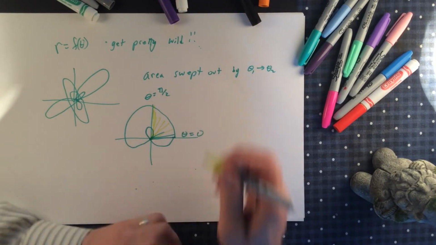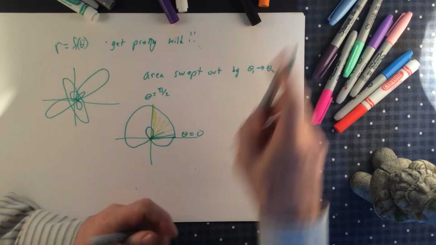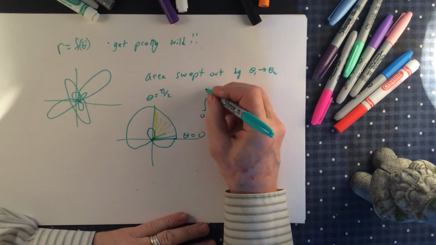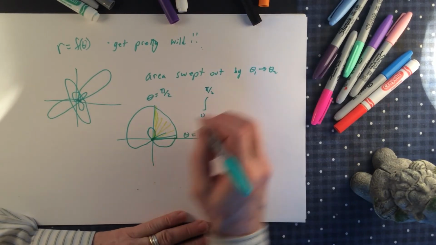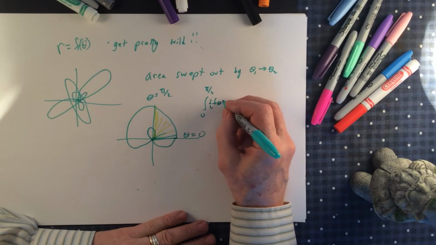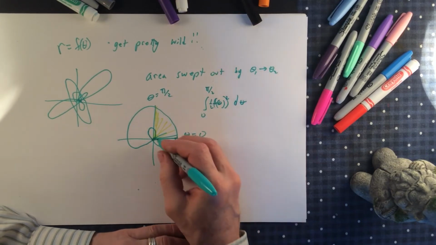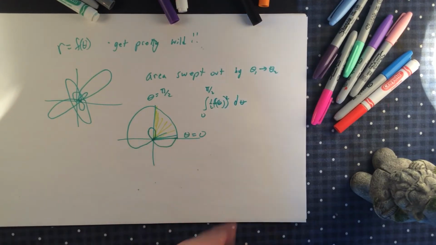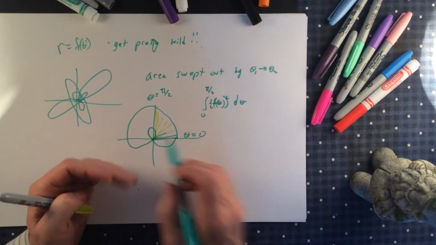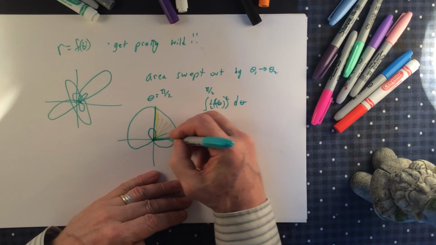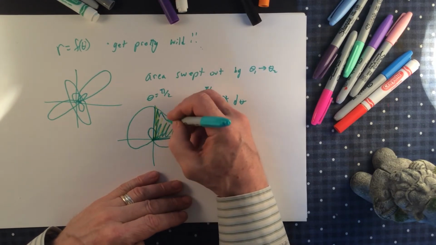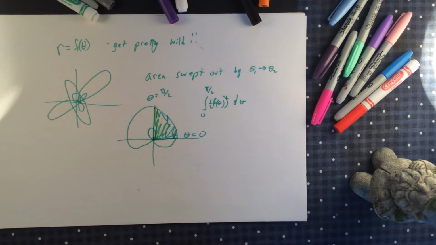So if you set up the integral from 0 to pi halves of 1/2 f of theta squared d theta, then the little loop hasn't been created in that space, and so you're getting all of this, which is somehow vastly different than how we see it in